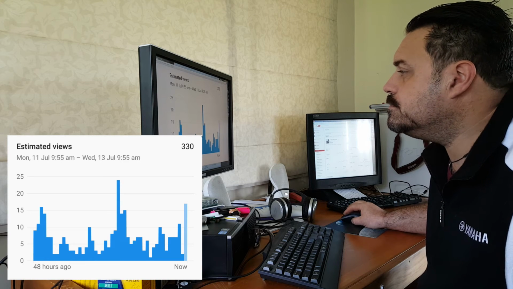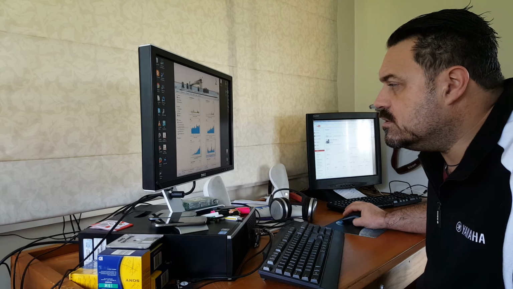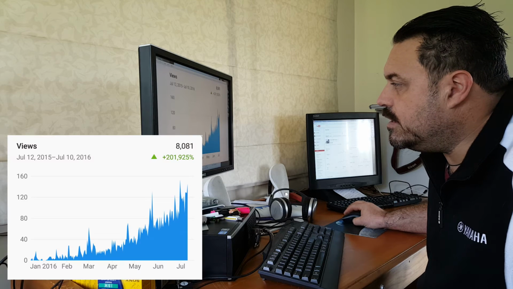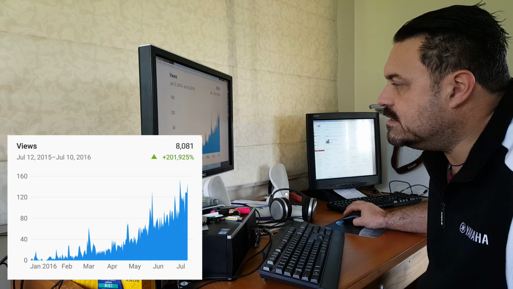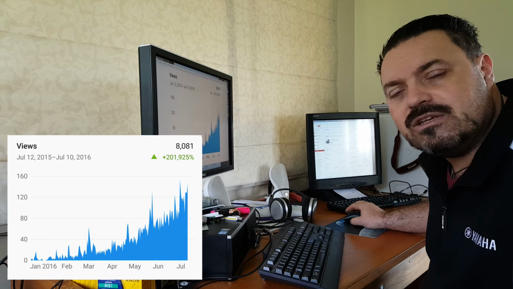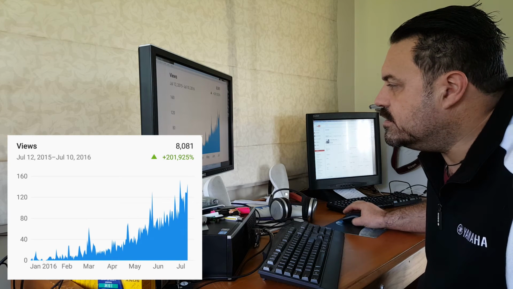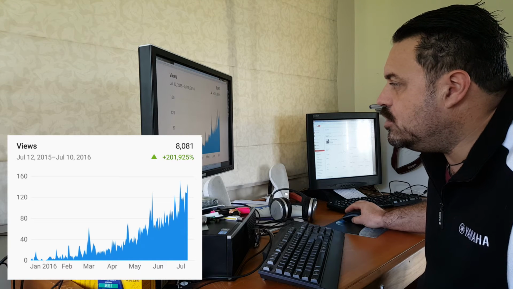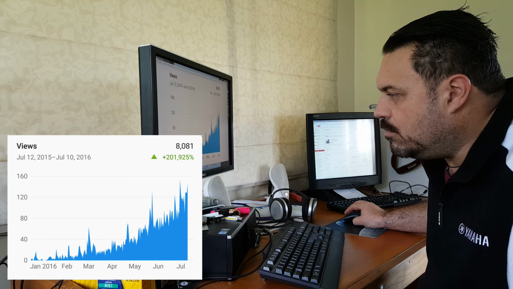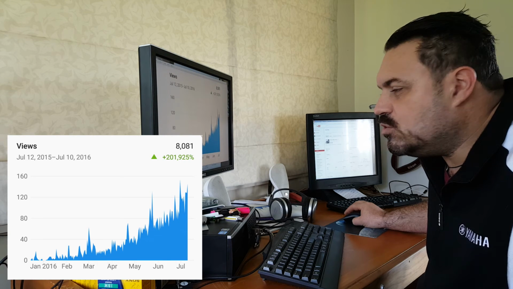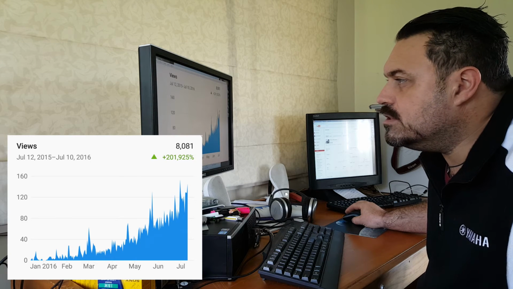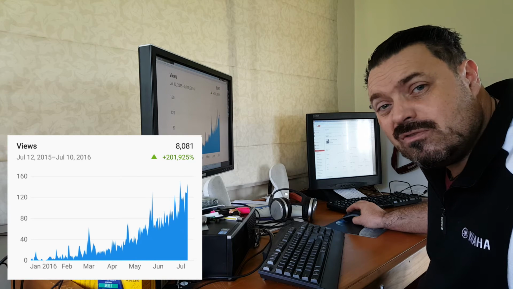So if we look at views over the last 6 months, again you can see there's a really good trend on the graph, where it's not even a straight line, there is actually a curve in there, and I haven't run any kind of software to prove that there's a curve, but it's definitely a huge increase. If you look at just after when the students stopped watching, sort of middle of March, we were around about 20 views a day, and now we're looking at around about 130, 140 views a day.